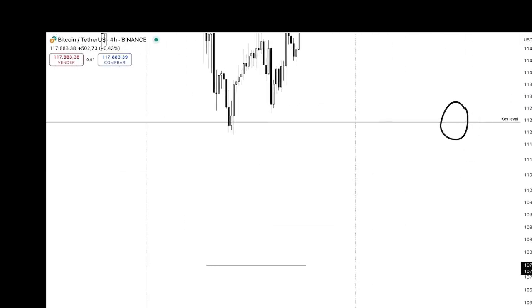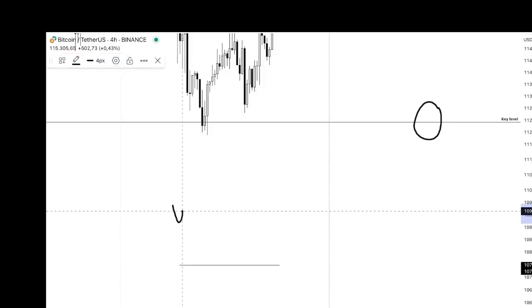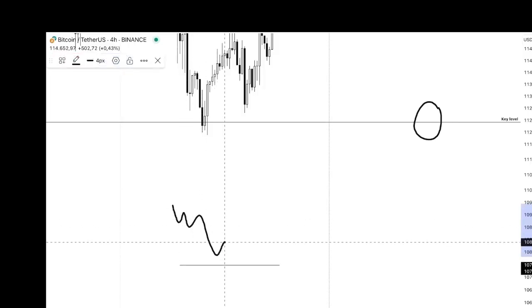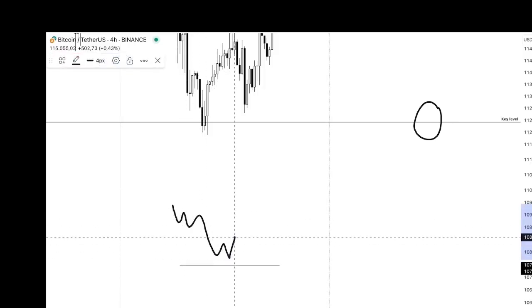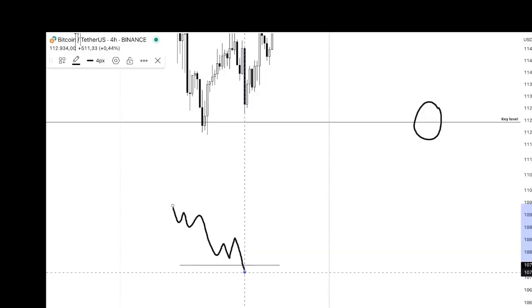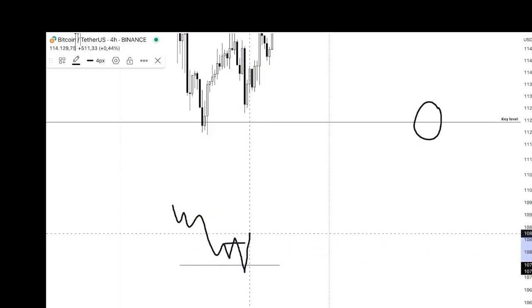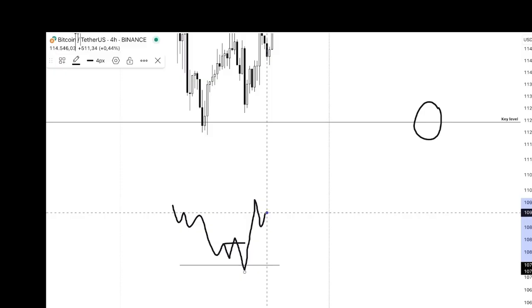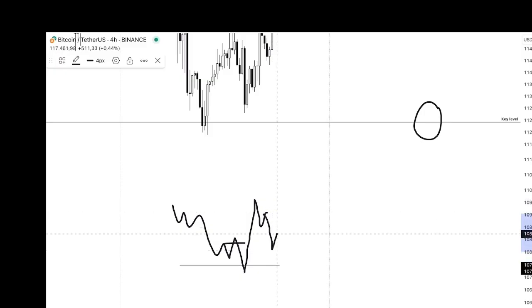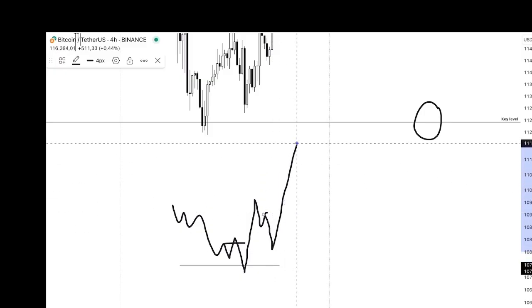What happens is they will form a very convincing pattern right before the key level, and perhaps they'll even give you a market structure shift. And then they will dump into the key level. And that is, yes, that is the kiss of death turtle soup. Right? And then they will fly higher with a true market structure shift coming from a key level and the correct time.